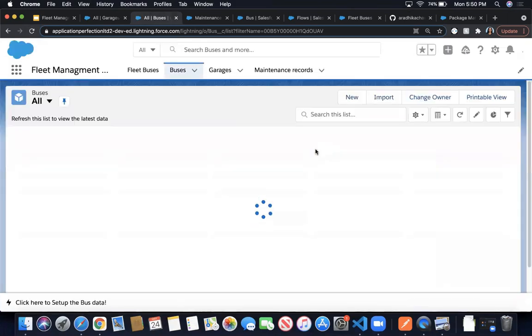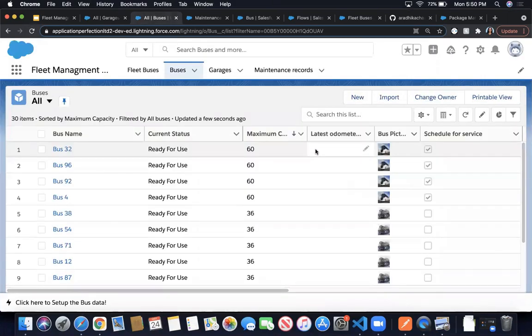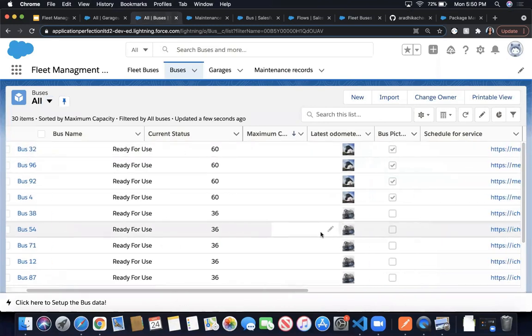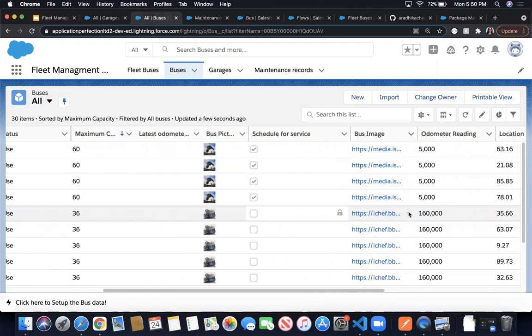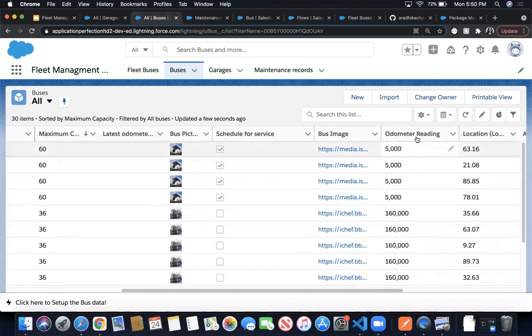So what I have tried to do here is: the odometer reading is 5,000 and the latest odometer reading is 0. So basically I'm using a formula field over here, which will have the checkbox checked. So basically now our batch file can